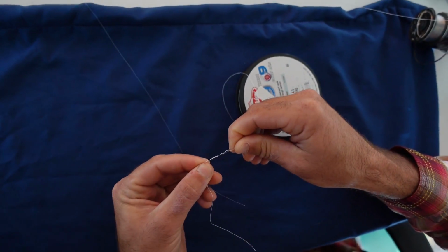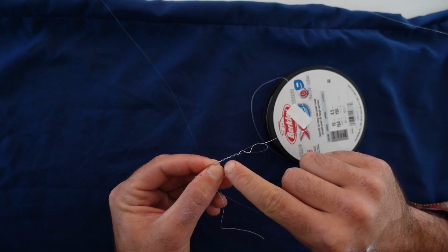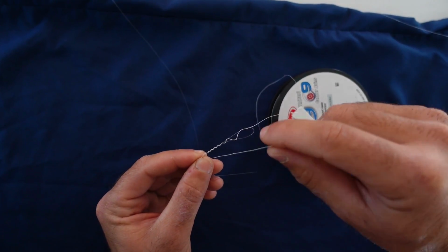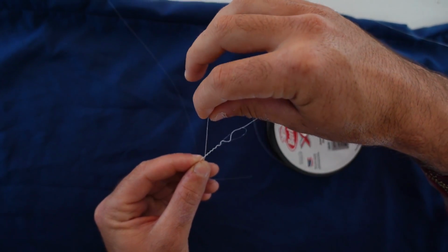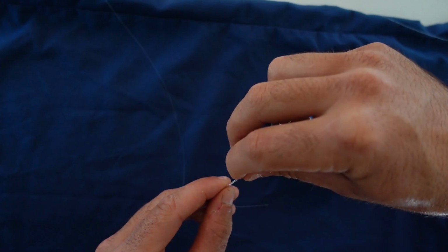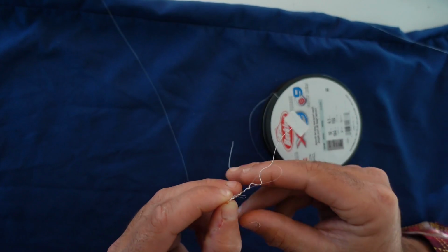And you can see on the knot right there, we have these little series of hills and valleys. So you have the hill, the valley, and what you're gonna do is you're gonna run the braided line back up top to the loop, but you're gonna run the line into these little valleys. So there should be about 6 of them. So we'll go 1, and the neater you do this, the better and stronger the knot is gonna be. So 1,